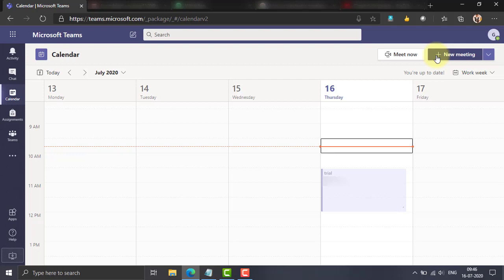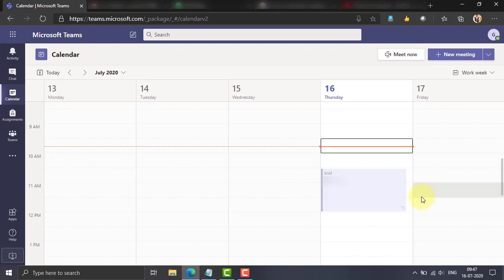So as soon as you press send, you can see here in my timeline or in my calendar, I'm able to see this meeting. So a meeting will be created. It will take some time depending on the internet speed. So it is creating a meeting. Again, you can see the timing here. So it is starting from 10:30 and it is ending at 12 p.m. So this is the meeting that will be created.